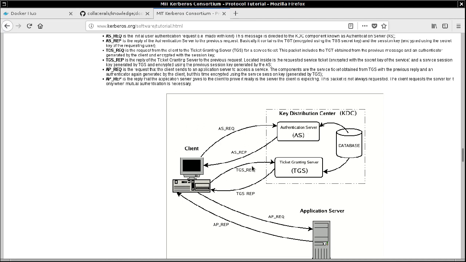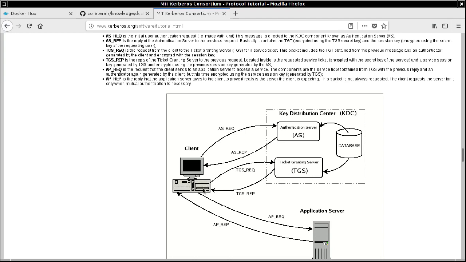So through this line there will be the TGT and the authenticator traveling to the TGS. Here everything is decrypted, all the checks are done, and if everything goes well, the TGS is going to give back